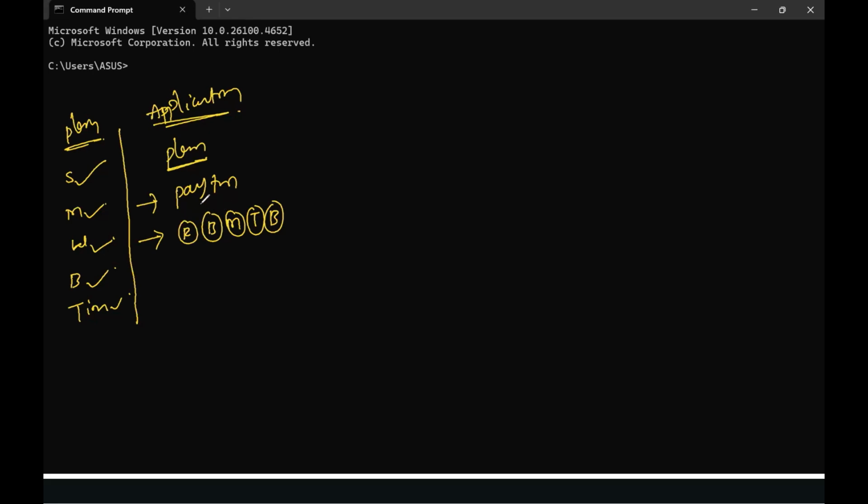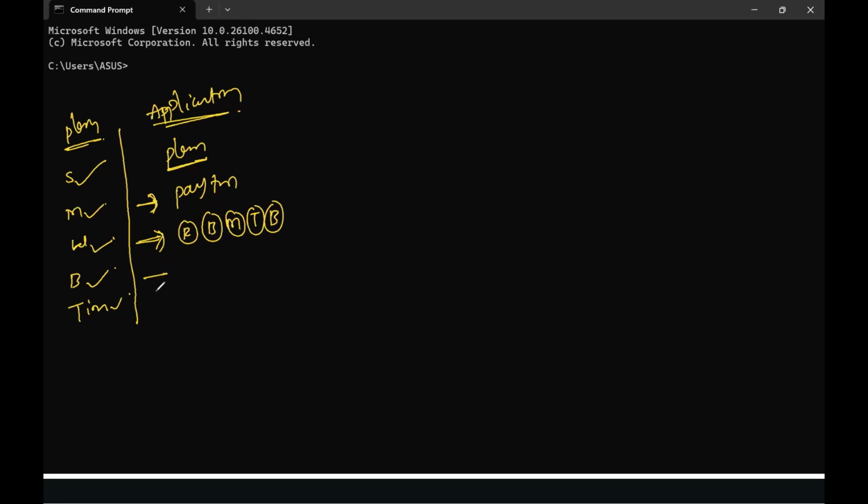So I'm repeating again. In the planning phase, the first one is the name of the application: the Paytm application. The next one is how many services we are going to implement: recharge, bank transactions, movie tickets, train tickets, as well as bus tickets.